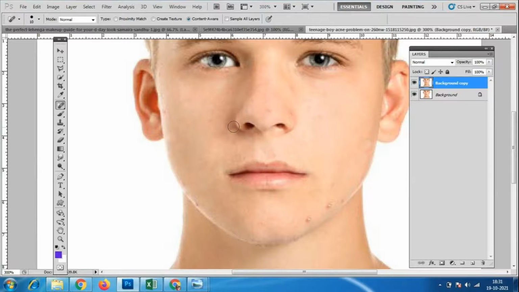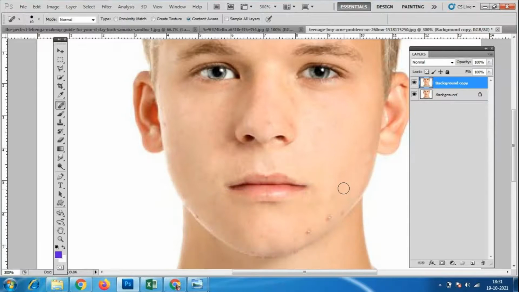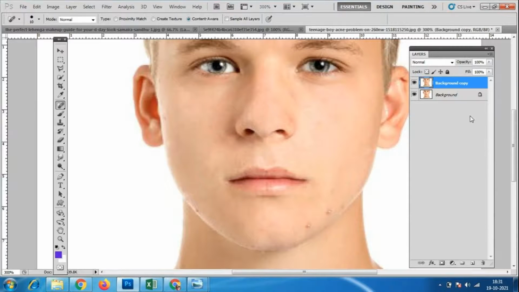Okay, see, we still have the marks over there. So before, how is this file? Like this. After removing this, okay, all the marks are removed. Everything is possible with the spot healing brush tool. So you have to select the spot healing brush tool and click wherever the necessary things are. So we have to click right there.